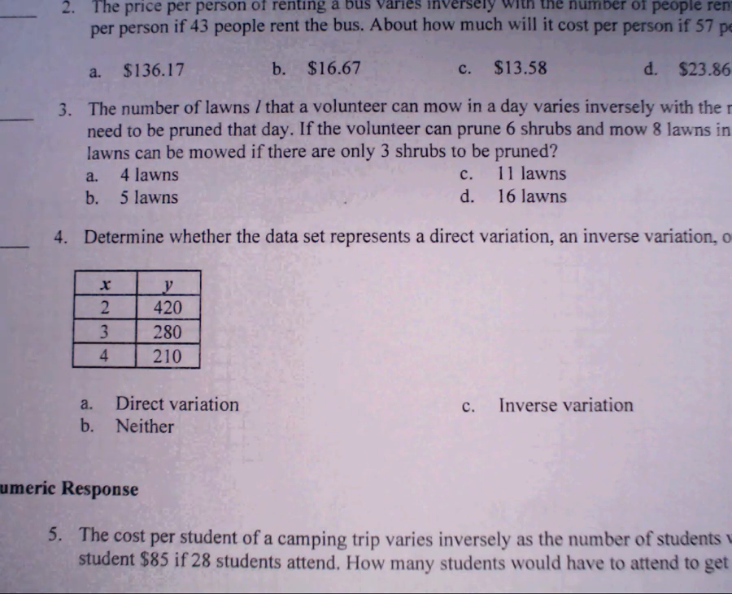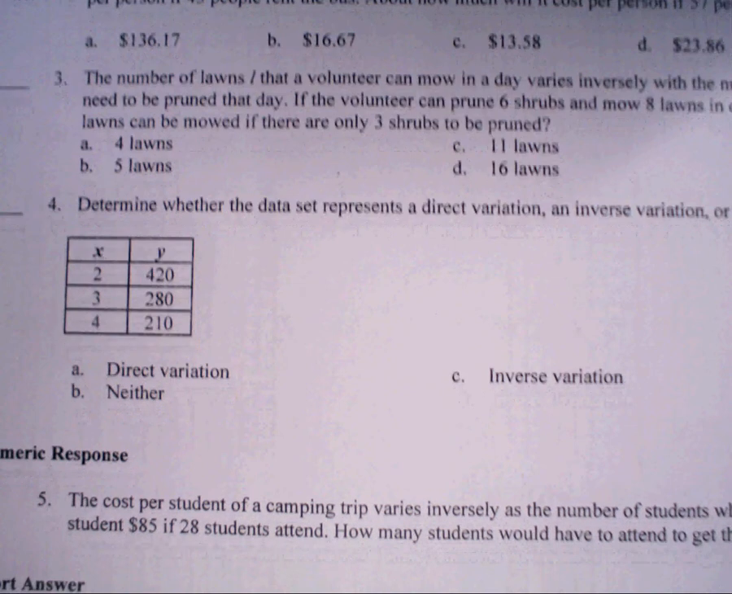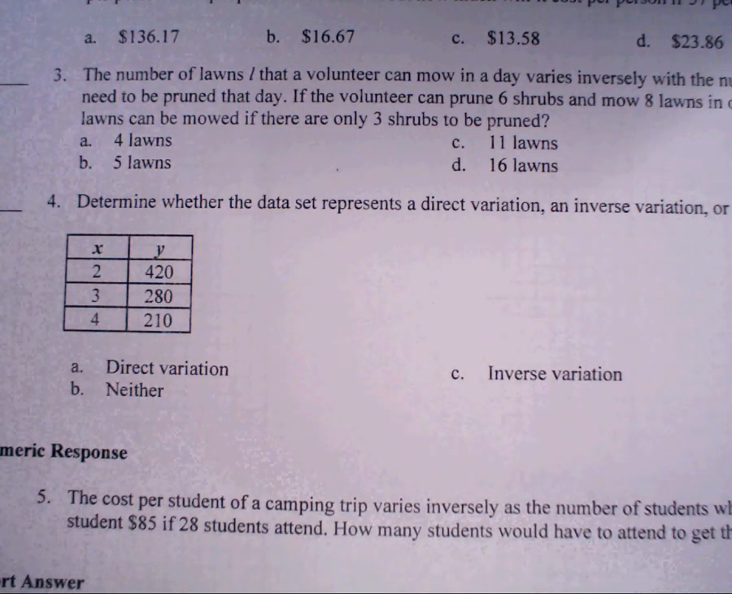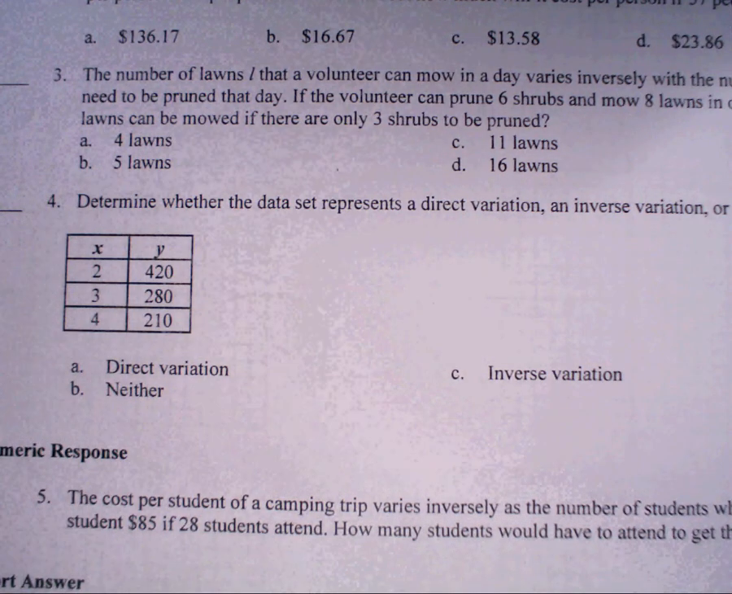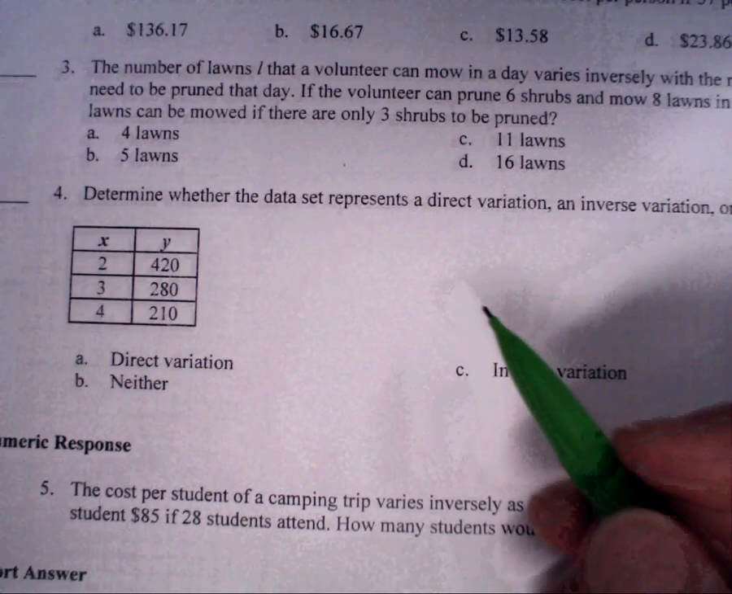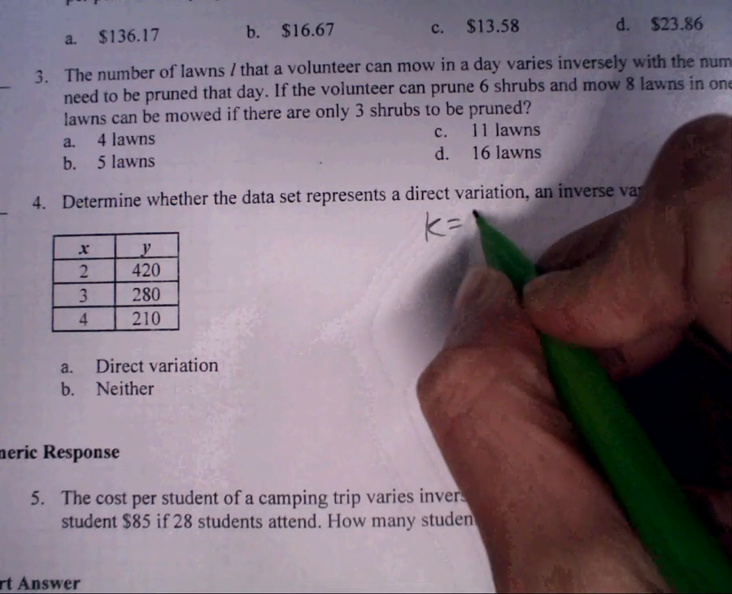Okay, I'm going to run through a few questions. I will not do all of these. This is more intended to help you with ones that you may struggle with. So I'm going to start with number 4, and then I'm going to do 5 and 8, maybe. So in order to determine if it's one of the following, to find k on direct, it's y